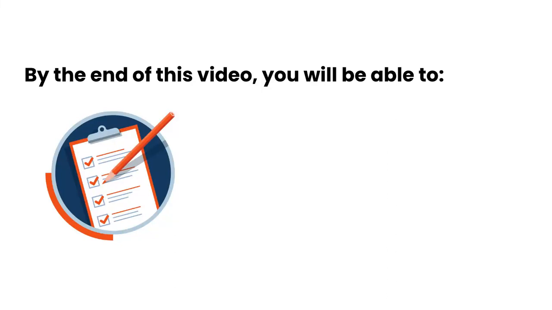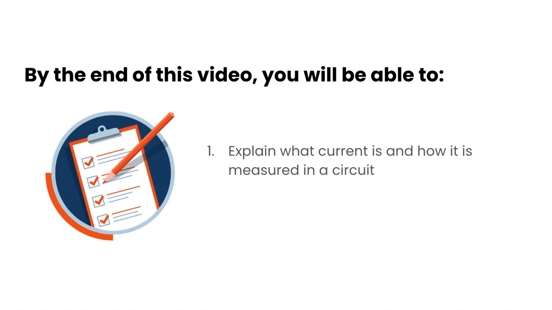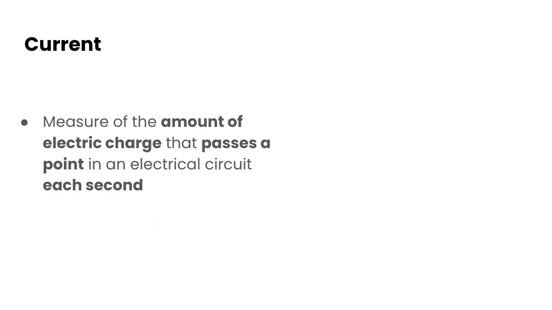In this video, we're going to take a look at current. By the end of this video, you're going to be able to explain what current is and how it is measured in a circuit. So let's start with a definition of a current. Current is defined as the measure of the amount of electric charge that passes a point in an electrical circuit